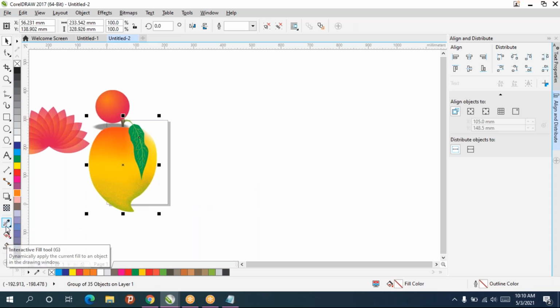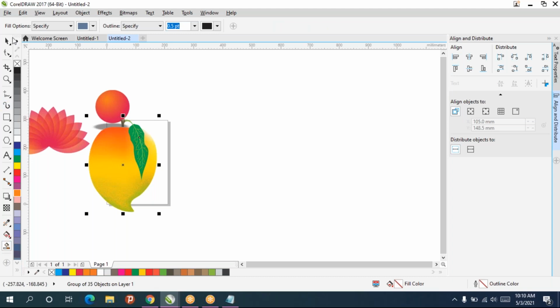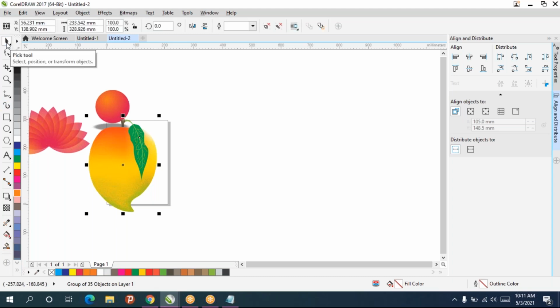Okay. So remember this color eyedropper or attribute eyedropper. Color eyedropper will just pick the color. Attribute is like picking color plus outline or any other properties which you applied. And mesh fill, each point you can give different colors. And next thing is smart fill. Smart fill is more important. This is the main thing for creating logos.